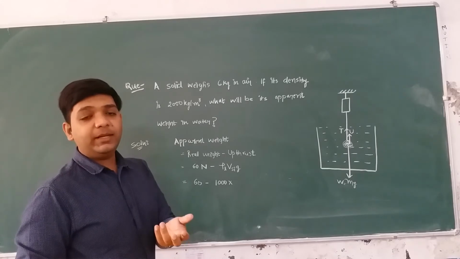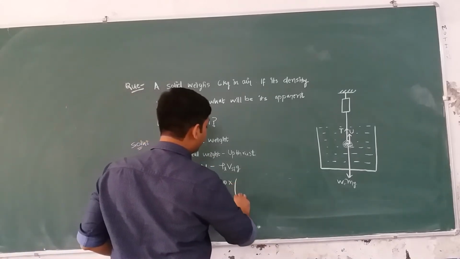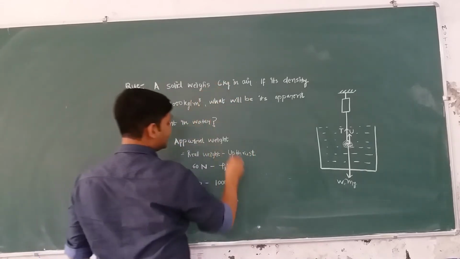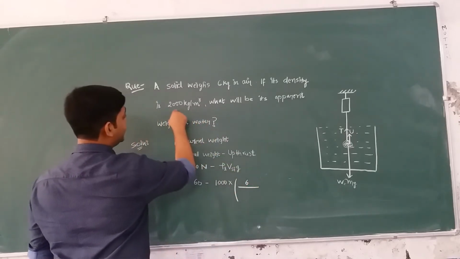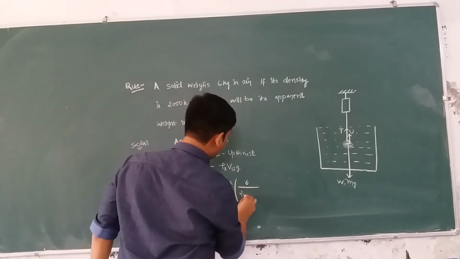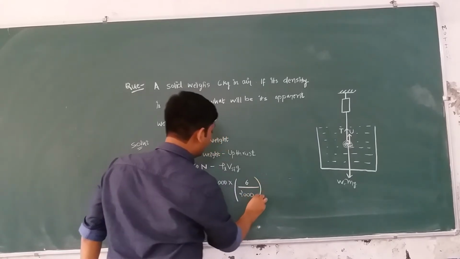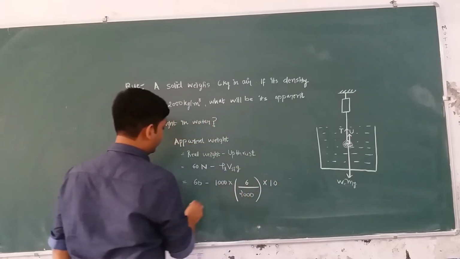So volume will be equal to mass upon density. So we can calculate the volume from here by dividing mass with density. Since the mass is 6 kg, so 6 upon density is given as 2000 kg per meter cube. So it will be 2000, right? So this is the volume of the solid multiplied by G, which is 10 meter per second square,